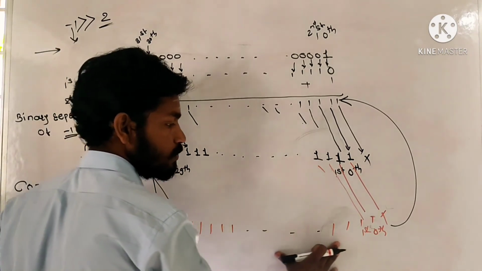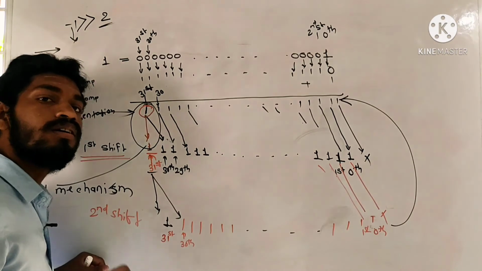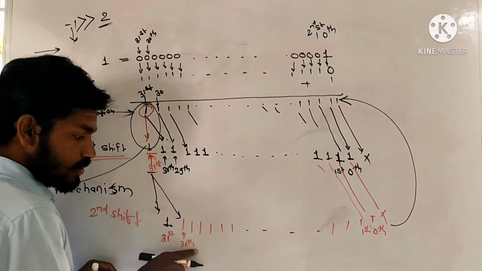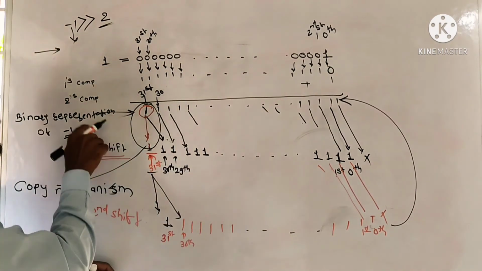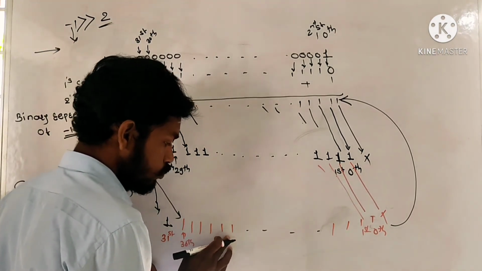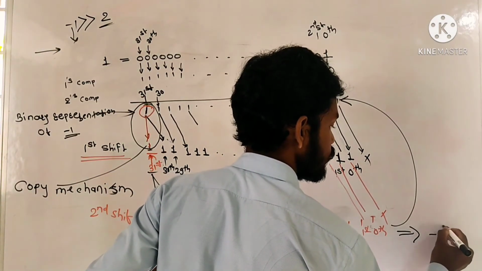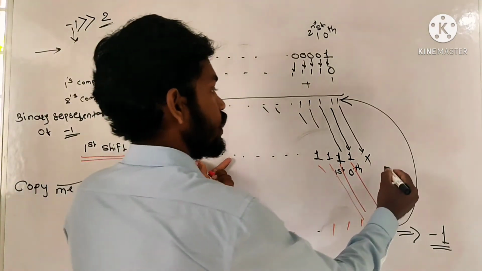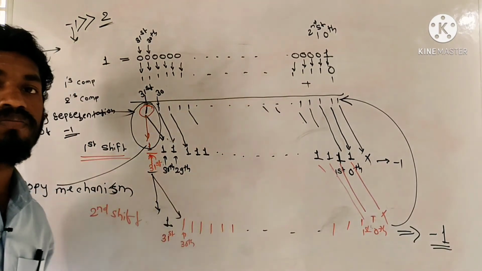Now to get the decimal value of this binary equivalent, we have to take the 2's complement of this binary number. The surprising thing is that the binary representation of the result is equivalent to the binary representation of the given number, that is -1. If you take the 2's complement of this number, you will get -1. After the first shift you get -1 only, and after the second shift also you get -1 only.